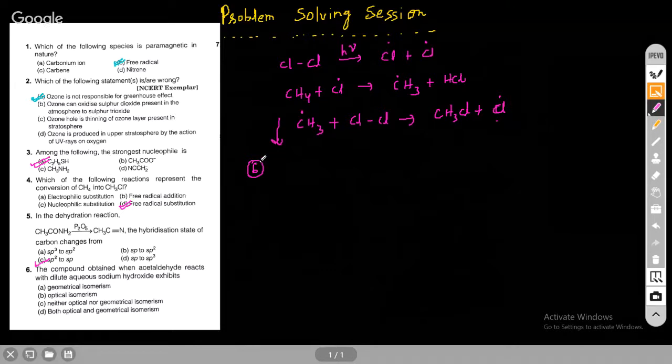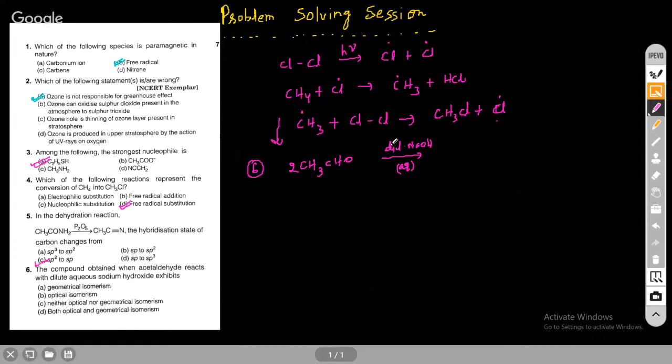CH3, CH double bond CH, CH. Yeah. Final answer is correct, Vaishnavi. Yeah, it's aldol condensation. Why? Because there is alpha hydrogen present, right? So we know in aldol condensation, we take two molecules of this, right? Acetaldehyde is CH3CHO. When this is allowed to react with dilute aqueous NaOH,